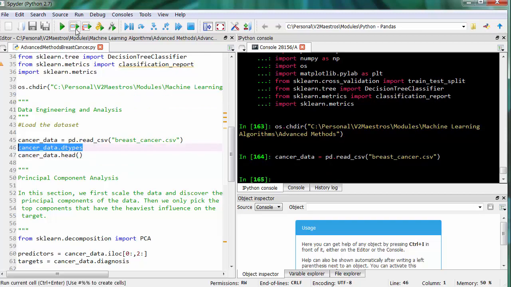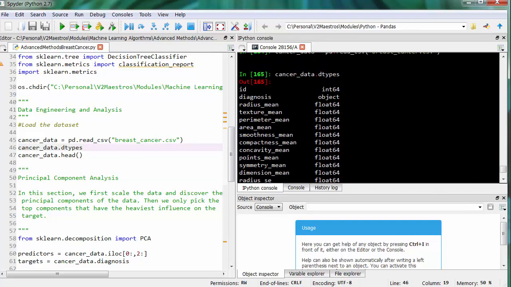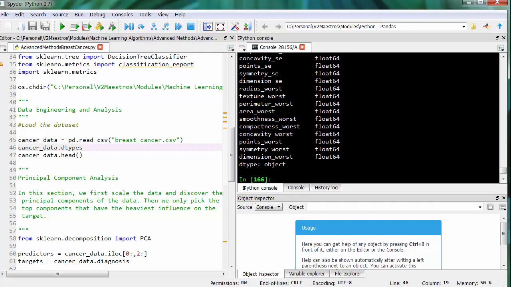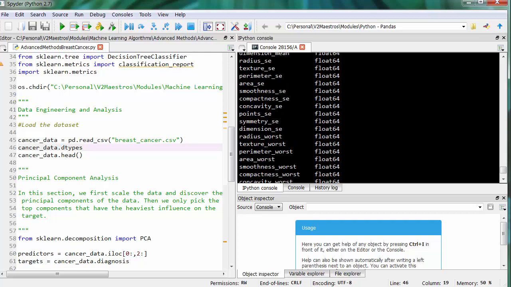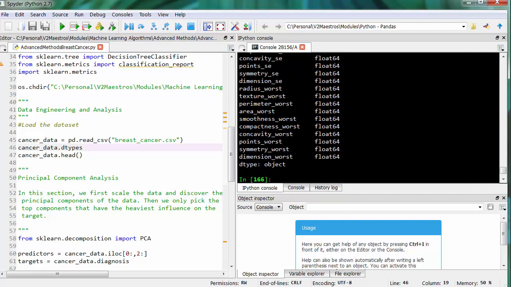And let's look up the data that is there. There are about 33 different columns in this data set. You see the diagnosis is the first one, whether it is B or M, which is benign or malignant. And then various observations made on the patient: radius mean, texture, perimeter, area, smoothness. You got a bunch of these variables in there. There's a large number of variables in this data set. So one of the things you might want to do here is that when you have a large number of variables, you want to do variable reduction, which is why you want to be doing principal component analysis.